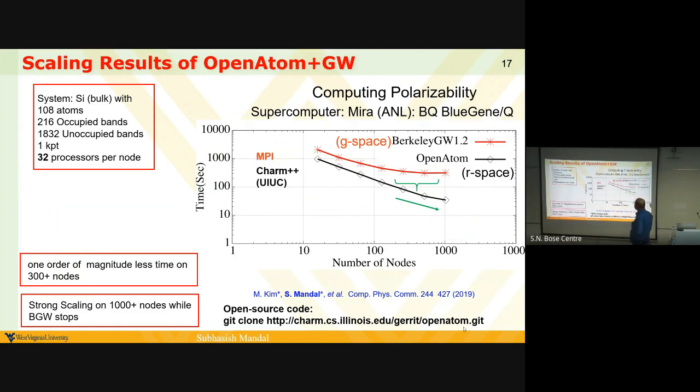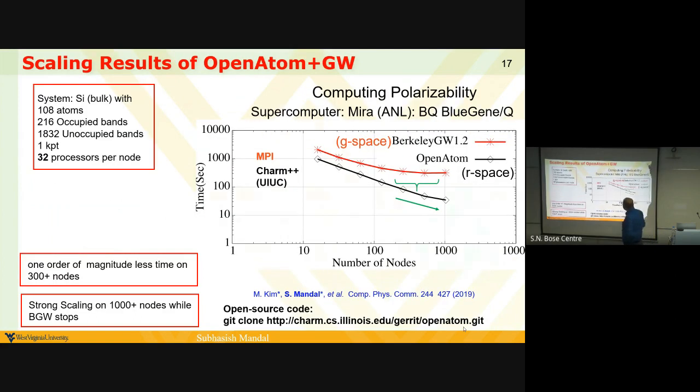Of course, the algorithm is written in R space, and you see that we always have to balance whether we compute something in real space or in reciprocal space. Some properties are good in reciprocal space, some are not. We made this choice because we were building this code from scratch and we had the ability to choose. Now, BerkeleyGW was using the conventional way of reciprocal space. Everything was in reciprocal space. So this is the main reason. And you are going to see even more insight, maybe after the talk.